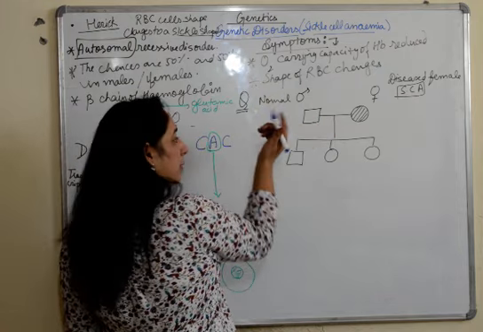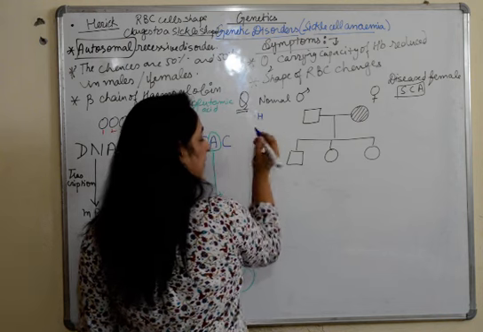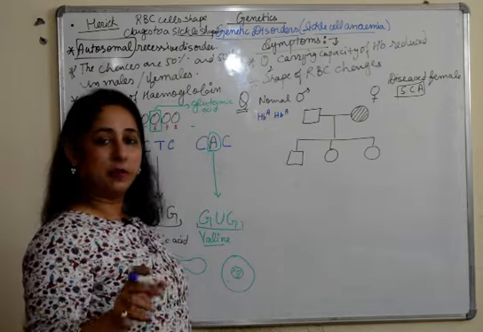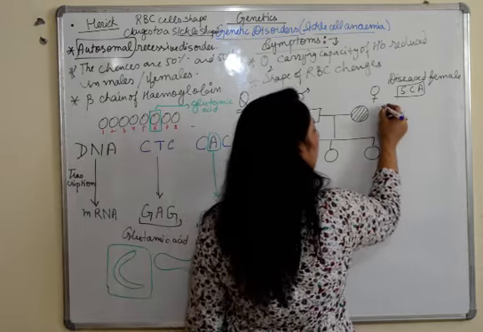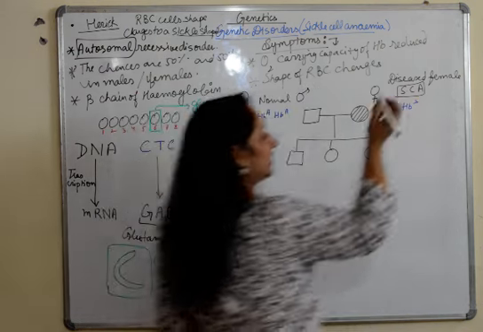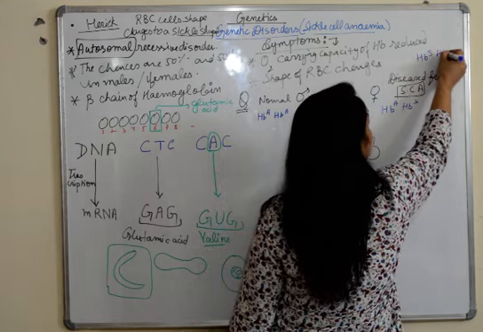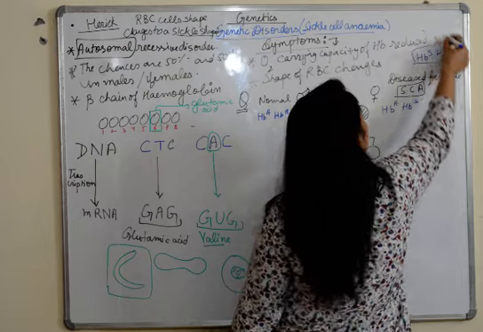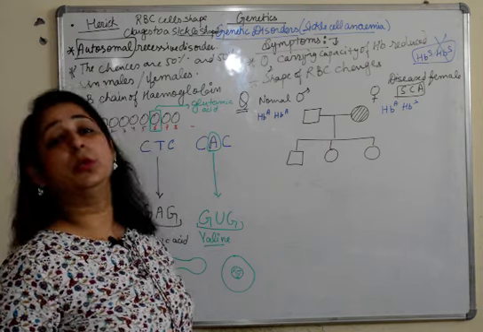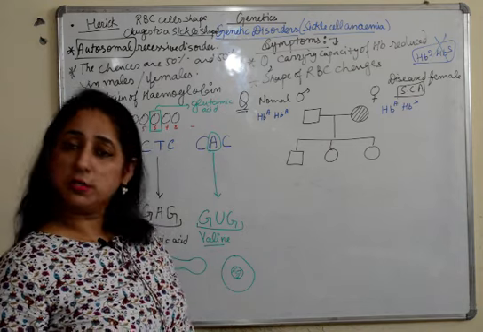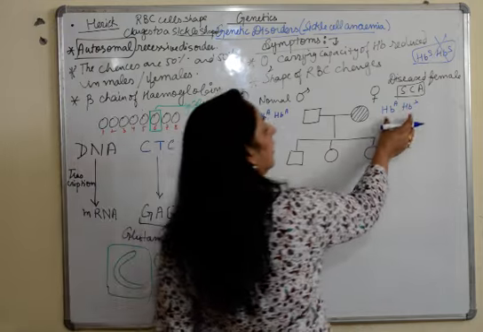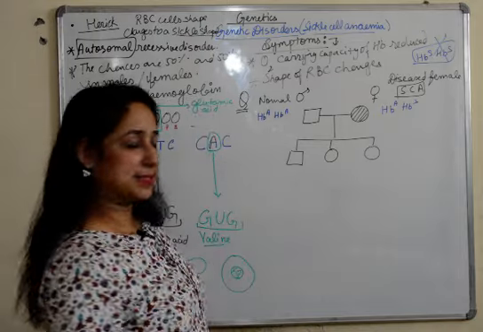For male, it is a normal male. No sickle cell factor is there, so it is HbA, HbA. Hb for hemoglobin, it is represented like this. In females, it would be HbA and HbS. There is also a third condition, HbS and HbS, this individual does not survive because the oxygen carrying capacity is so less that the child is not able to even take in oxygen and undergo life processes. So there is a high rate of death. So this would not survive. So there is only one chance that HbA and HbS is the condition.